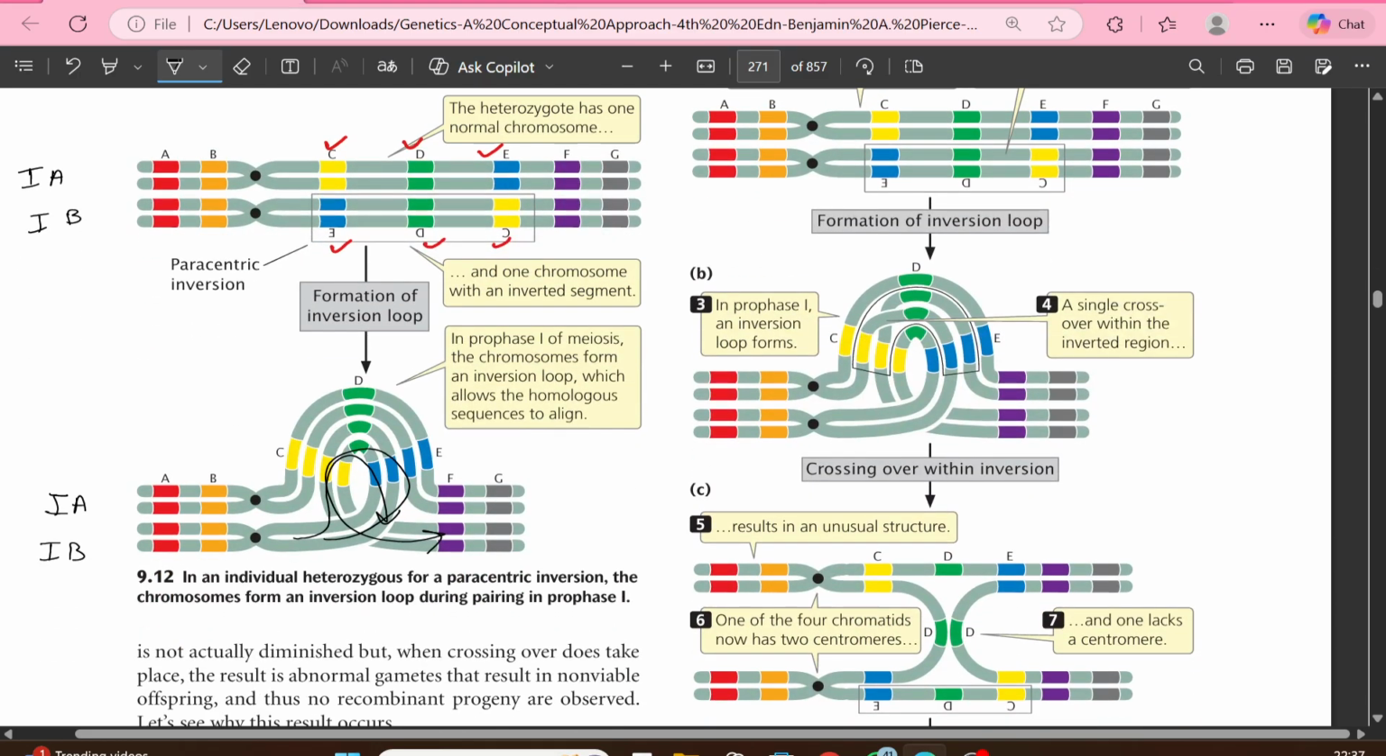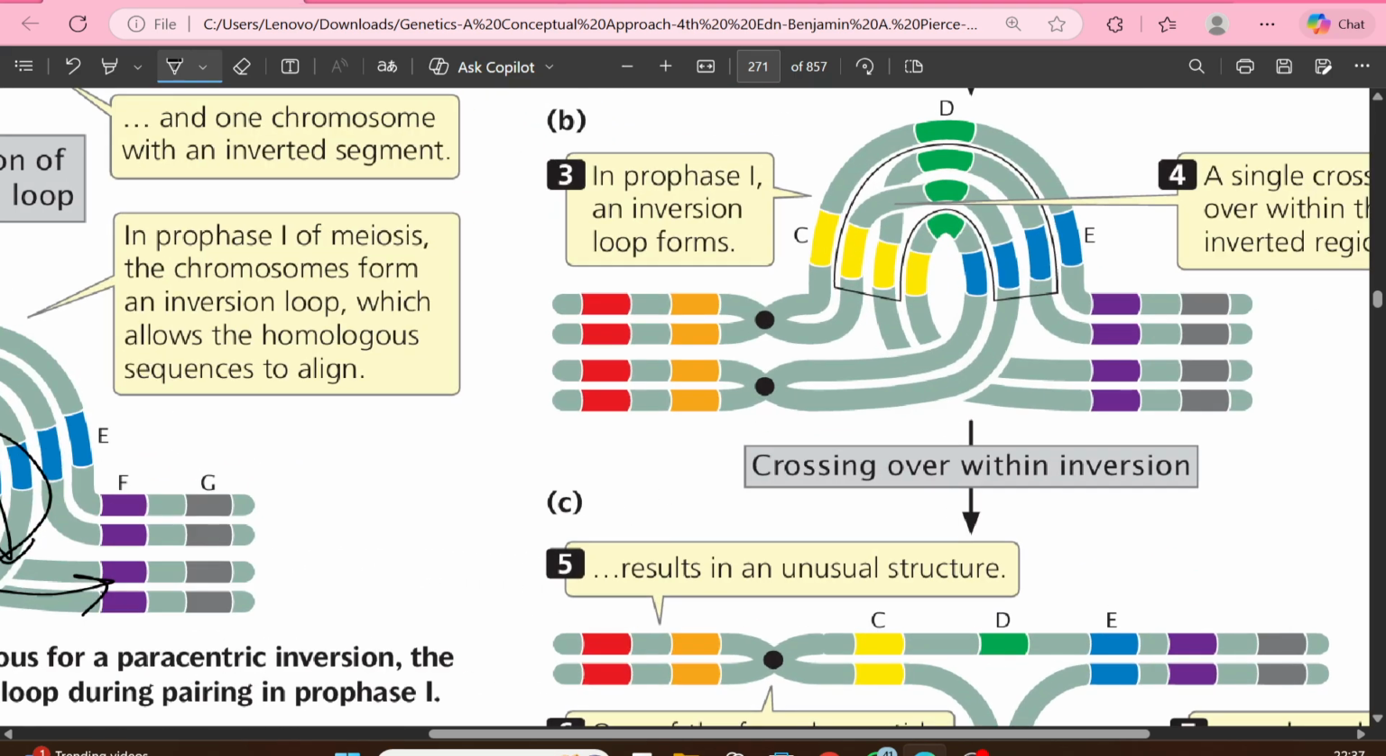Once the inversion loop formation takes place, then the crossing over has to take place. And if we zoom it into here,